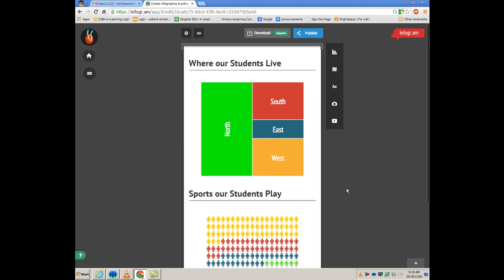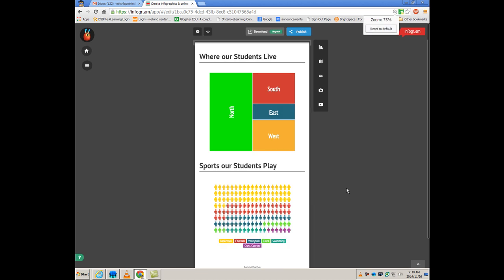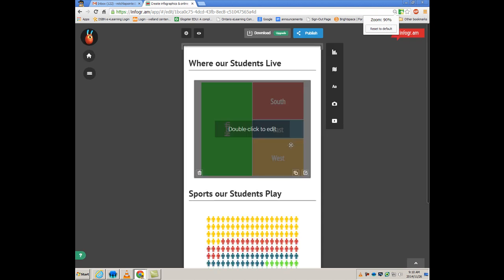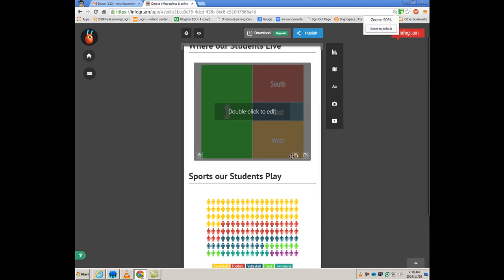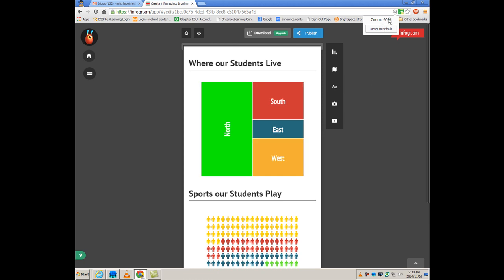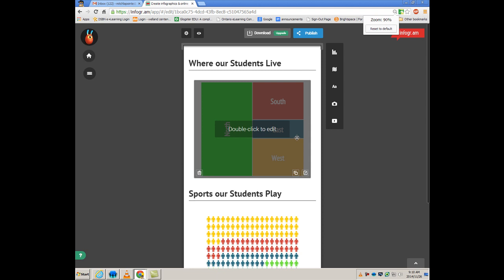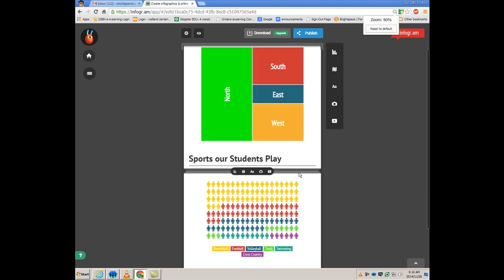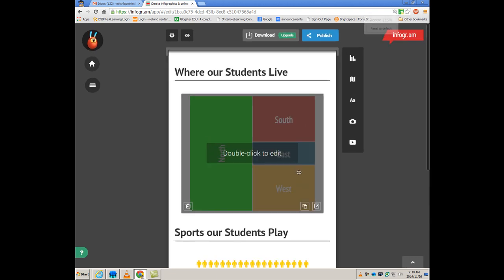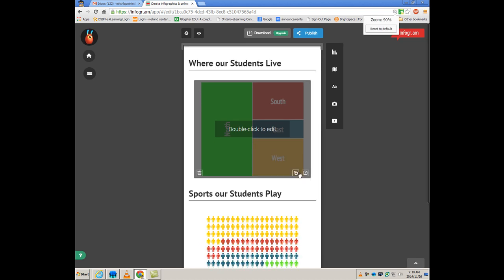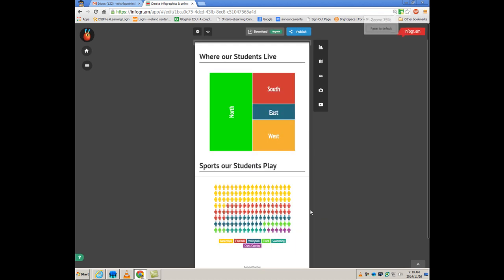So I'm just going to scroll. I'm changing my zoom here so I can see a little bit better. So right now it's at 75. And if I scroll up, it goes to 90. And 90 ends up being just a little bit too much. So 75 might be perfect. So I would just simply print screen and then paste it into Word or PowerPoint or